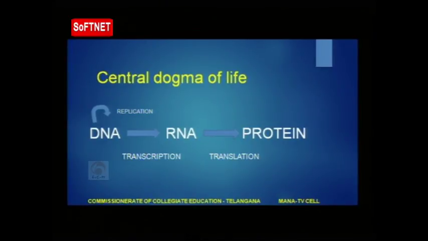The replication occurs to produce its own copy so that this DNA molecule can be transferred to the daughter cells. And the next process: if the DNA is involved in the synthesis of an RNA molecule, that process is called transcription. And if the RNA is involved in protein synthesis, that process is called translation. This is how the information in the DNA molecule is transferred into the cells, and the cells express different kinds of proteins.